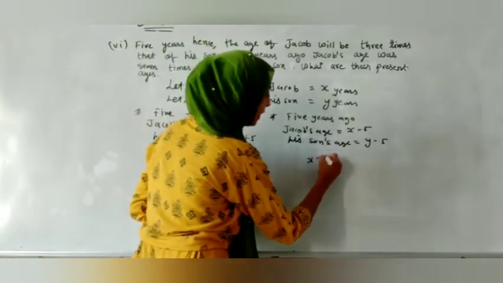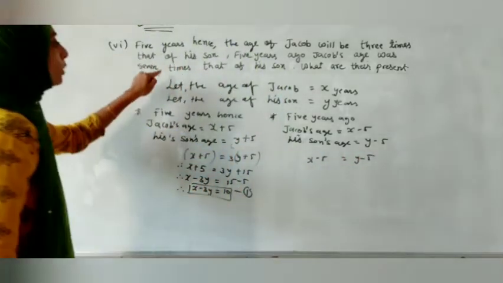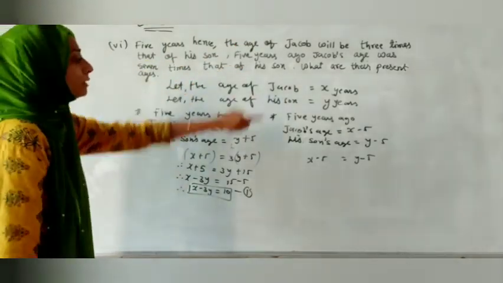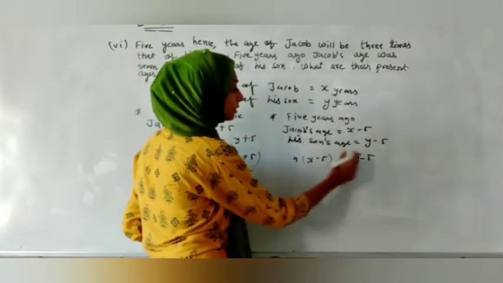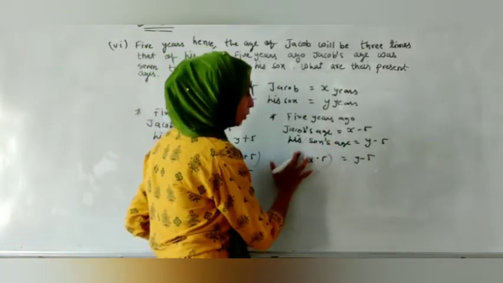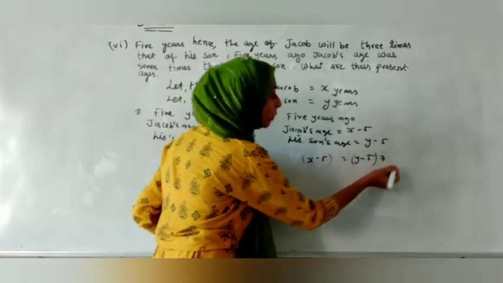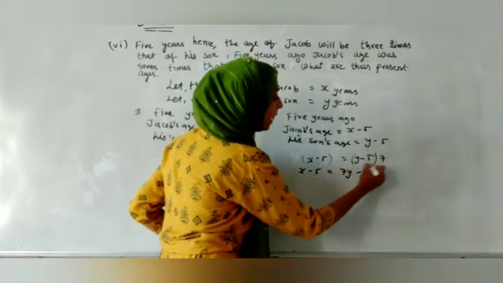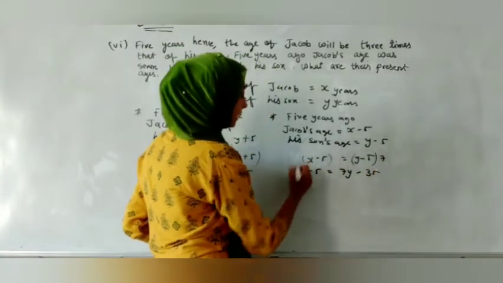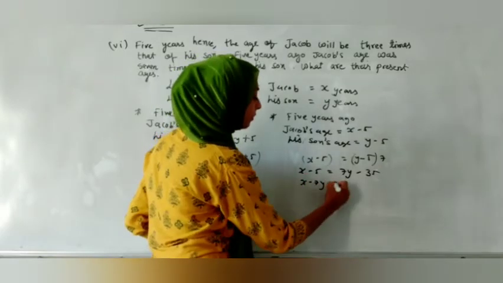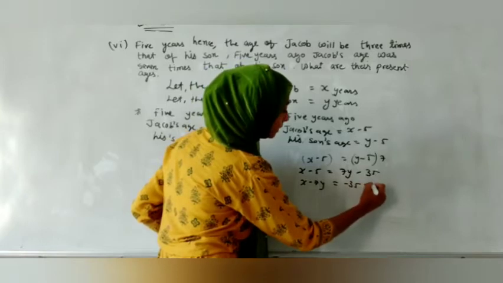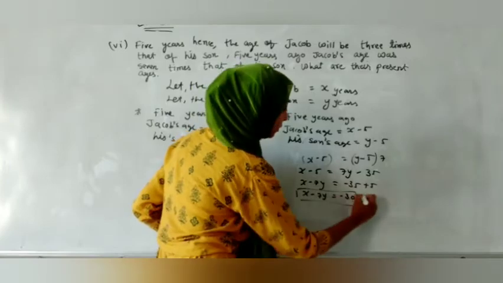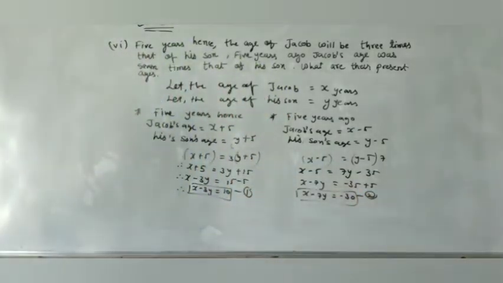Then when we are comparing it, what will happen, let us see. So उन्होंने बोला that 5 years ago Jacob age was 7 times that of his son, यानी जैकब की एज 7 गुना की उसके बेटे से. But to make this equation equal, we are not multiplying 7 over here, we have to multiply 7 that side. So it will become x minus 5, then it will become 7y and this will become 7 5s are 35. Let us do shifting. So it will become x minus 7y and that will become minus 35 plus 5, so it will become x minus 7y and minus 30, and this will be our equation number 2.